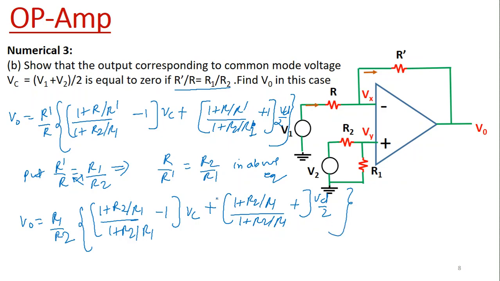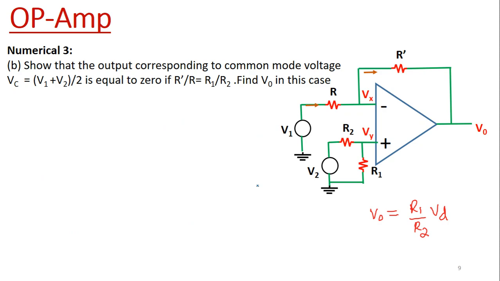This is whole multiplied by. Here we see that in numerator and denominator 1 plus R2 by R1 is coming, so this will cancel out and this also cancels out. So finally what we are getting,